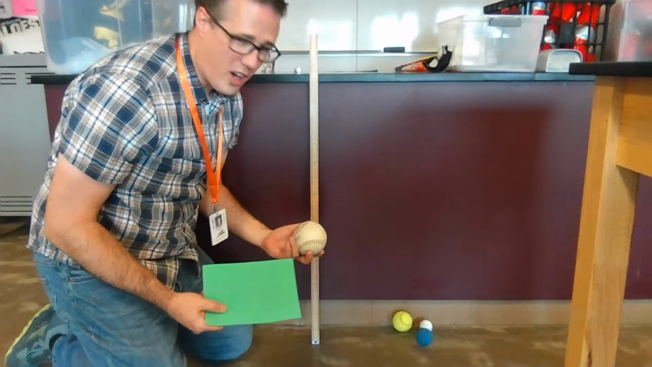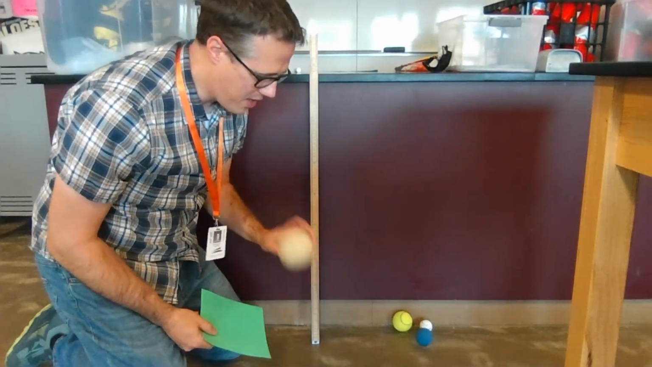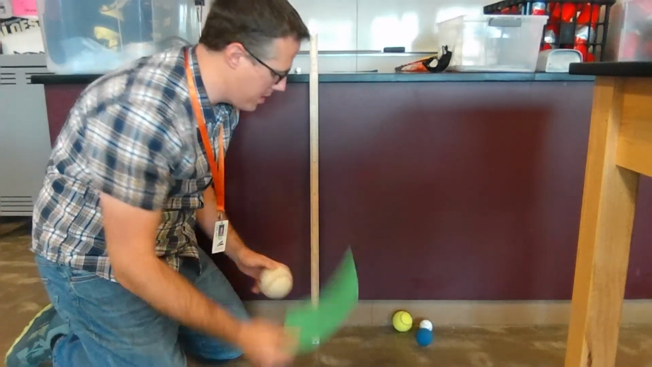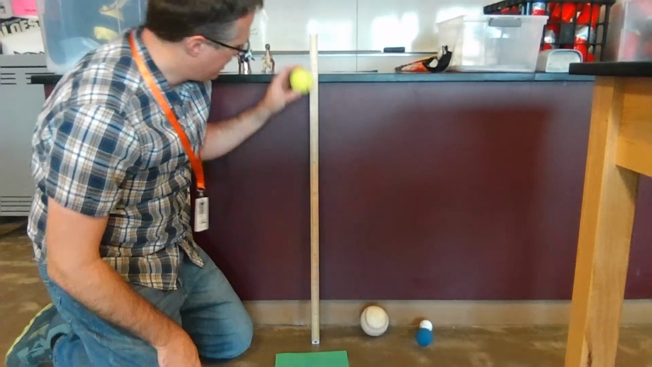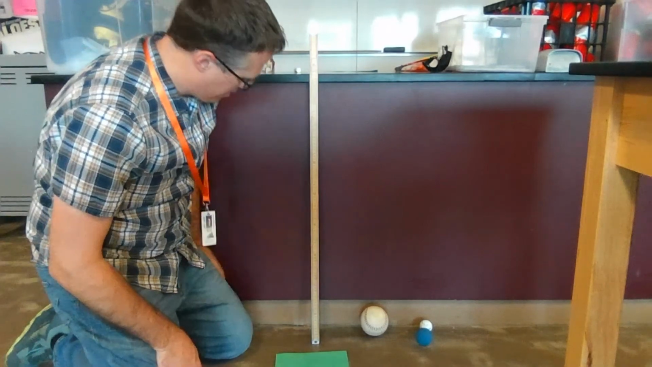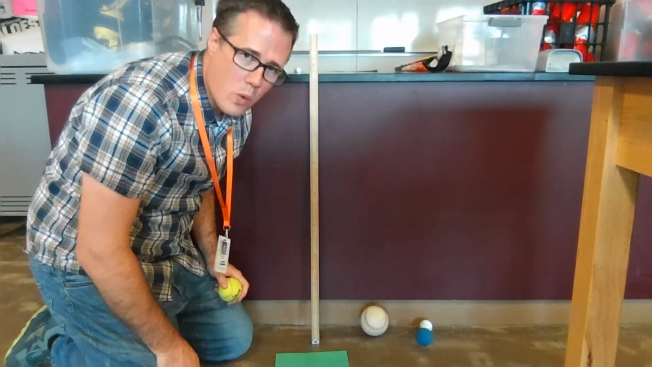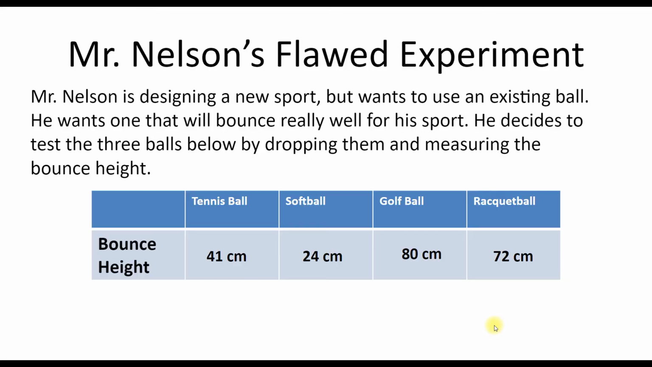Now that softball was awfully loud, and right now the kindergartners are under this classroom, so I'm going to use a piece of foam because that was too loud. For the last one, for my tennis ball, I'll test that, and it came up to about 41 centimeters. So I added 41 centimeters for tennis ball, and it looks like golf ball is my winner, and softball was